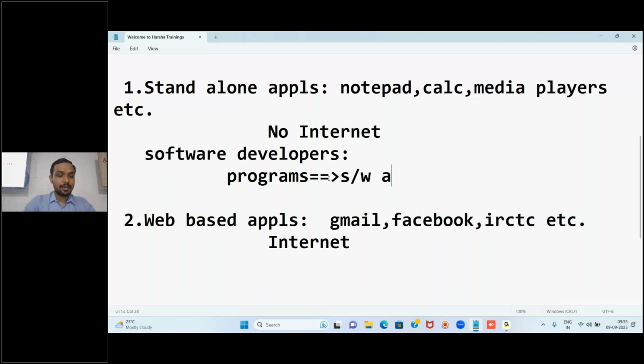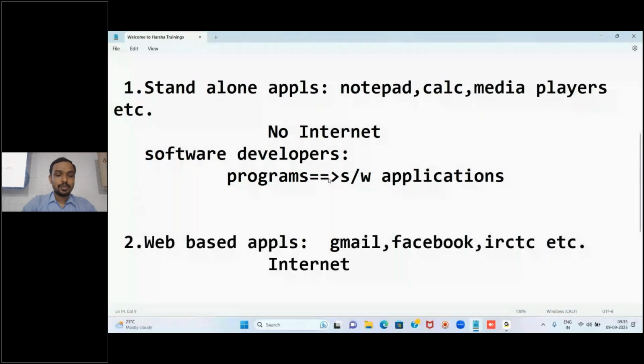So to develop these kinds of applications, one should know the languages, some general purpose languages one should learn, like either C++ or Java or even C language we can use, or even Python, etc. People will learn any of these languages extensively, and using those languages people will write the programs, and all those programs together is a software application, that is a standalone application.